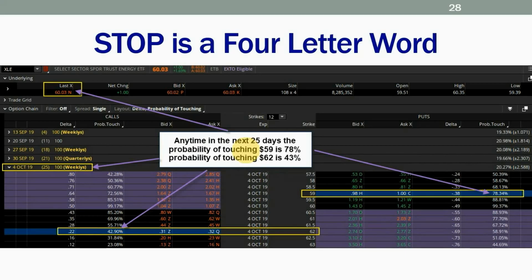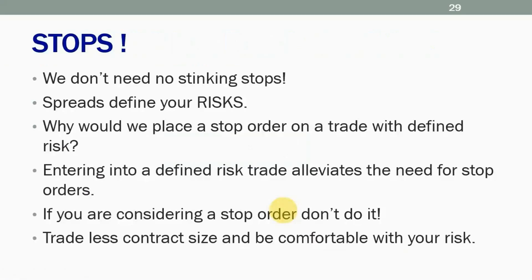There are literally 100 different uses in this business for probability of touching. You could use this to calculate the probability of touching your stop order. You could use this to calculate the probability of hitting your profit target. I could sit here all day and go through a checklist of what you could use the probability of touching for. The reason we're describing it in here is because the design of the in-out spread uses the logic of the probability of touch. The design of the trade that you're about to embark upon uses the probability of touch.